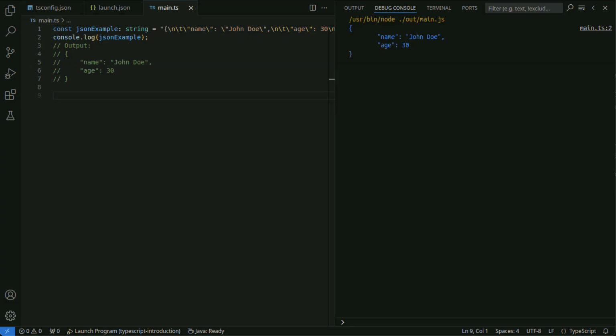Let's take an overview of the TypeScript versions here. TypeScript 1.0, 2014. The first stable version of TypeScript. Basic features such as typing, classes, and modules were introduced. TypeScript 2.0, 2016.